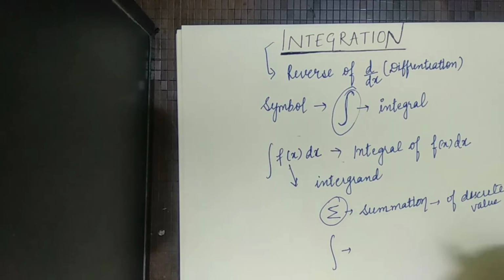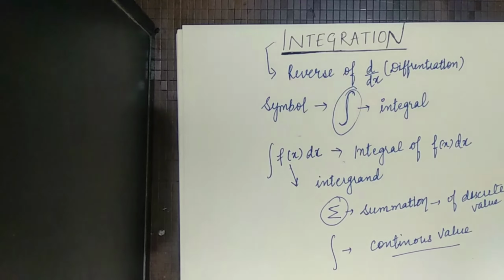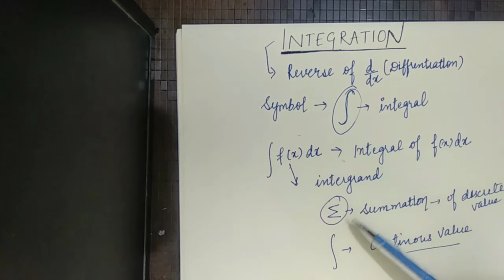But if I have to take the summation of continuous values, then I have to use this integral. So now you will get the idea of why we have used summation here. I will not go into detail with integration because it's a part of mathematics,